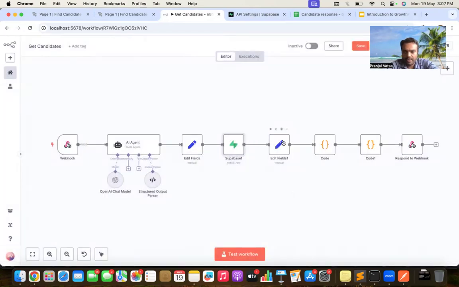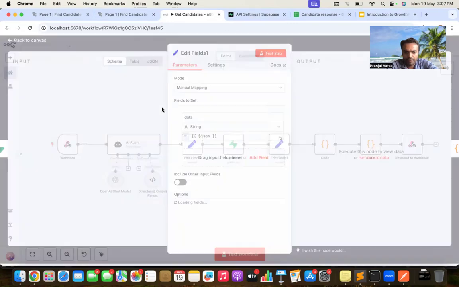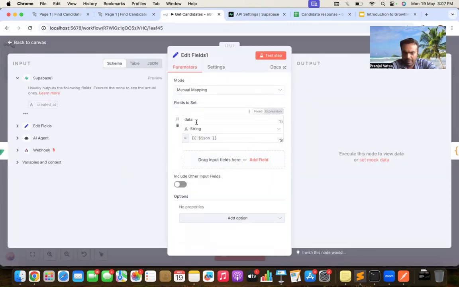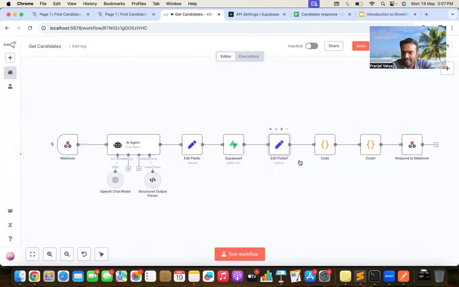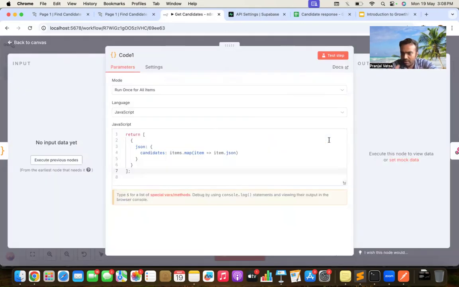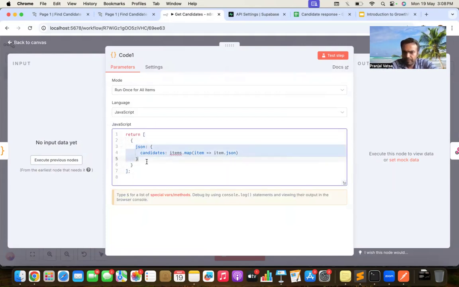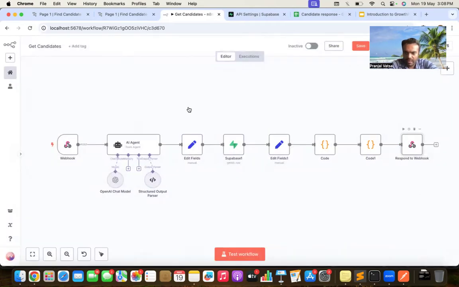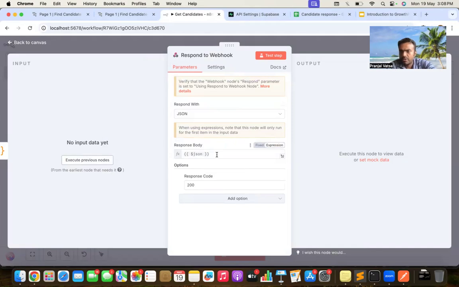Now, once the query is built, we will again pass it to a variable called data. It's returning a JSON again, so we'll pass that to data. Then in this, ignore the two code nodes, only one code node. This is where we can write some JavaScript. So we'll have to write some JavaScript to manipulate the data from Supabase and map it to a JSON, right? So we are mapping it to a JSON. And then finally, we are adding a response to webhook, which will return a response